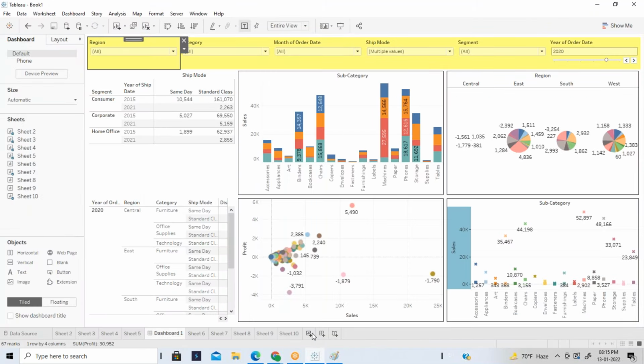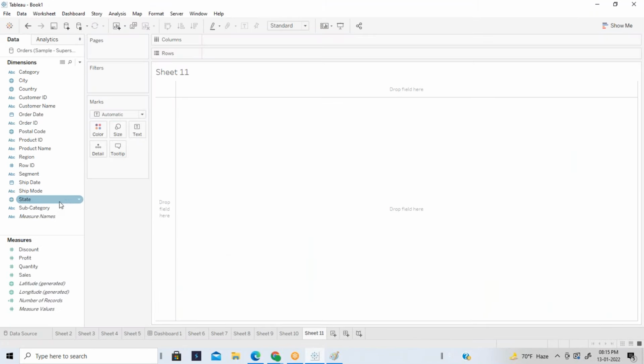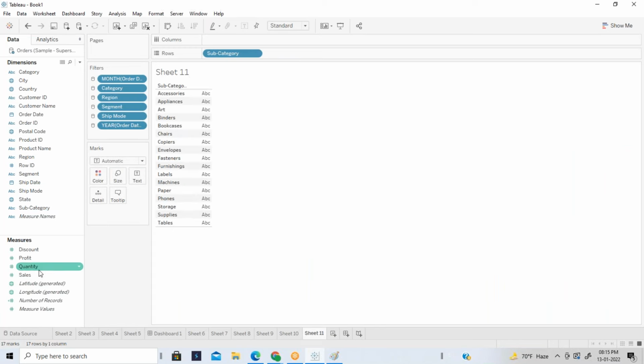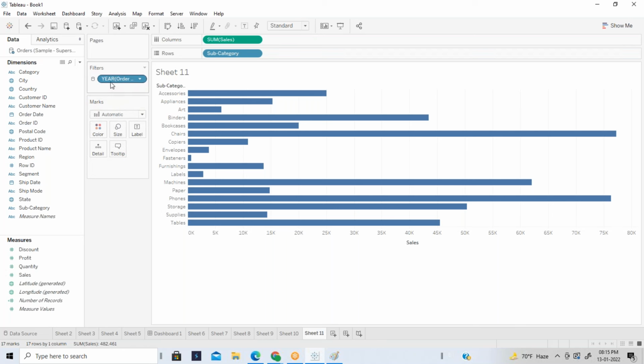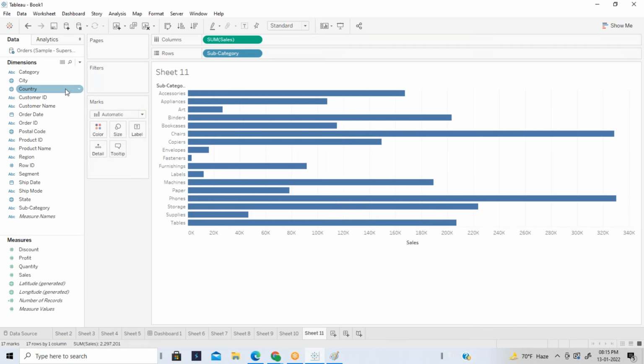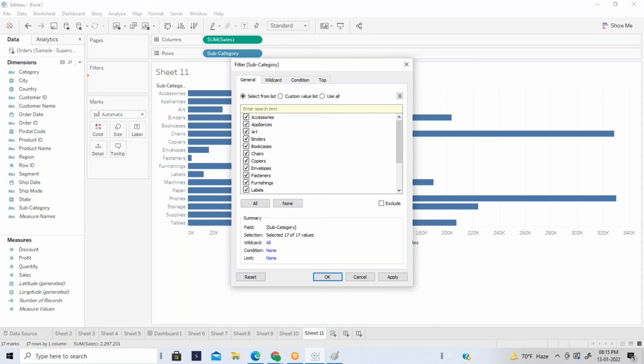And I just forgot to tell you guys one more thing. I've just added the subcategory sales. I just want to see the top 5 records. To get only the top 5 records, take the subcategory, add it into the filter.